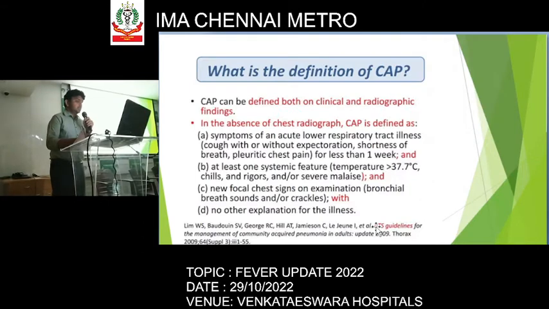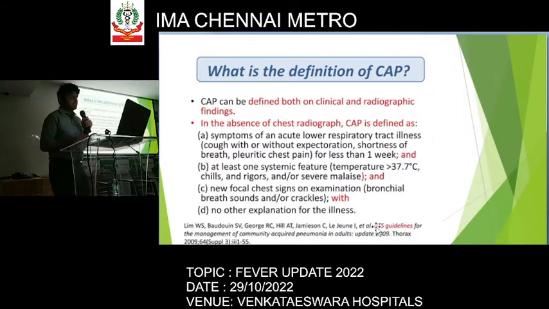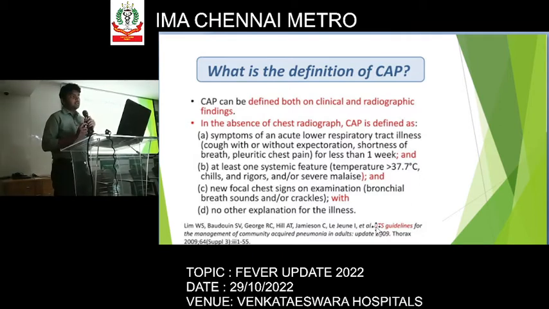So this is the definition mentioned in the British Thoracic Society guidelines. When a patient comes to our OPD, when do we call the patient a case of community-acquired pneumonia? In the absence of a chest radiograph, the patient should have symptoms of acute lower respiratory tract illness like cough with or without expectoration, shortness of breath, pleuritic chest pain for